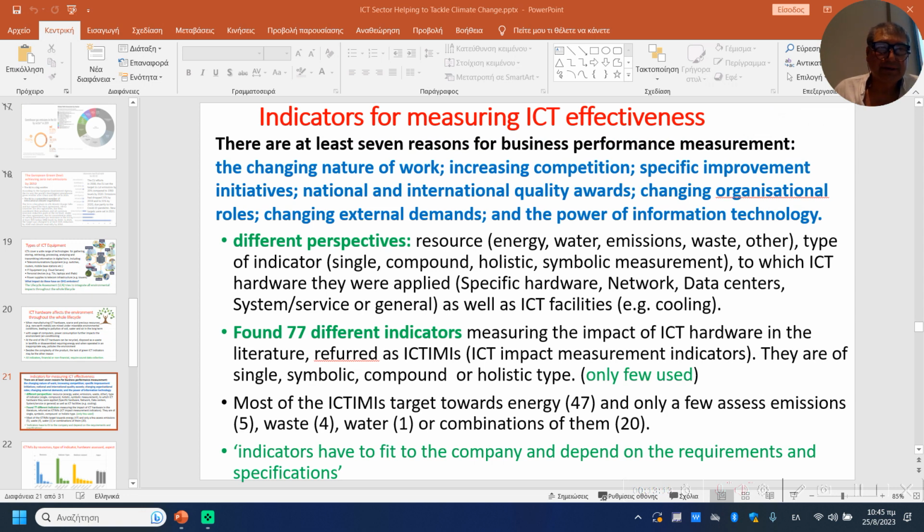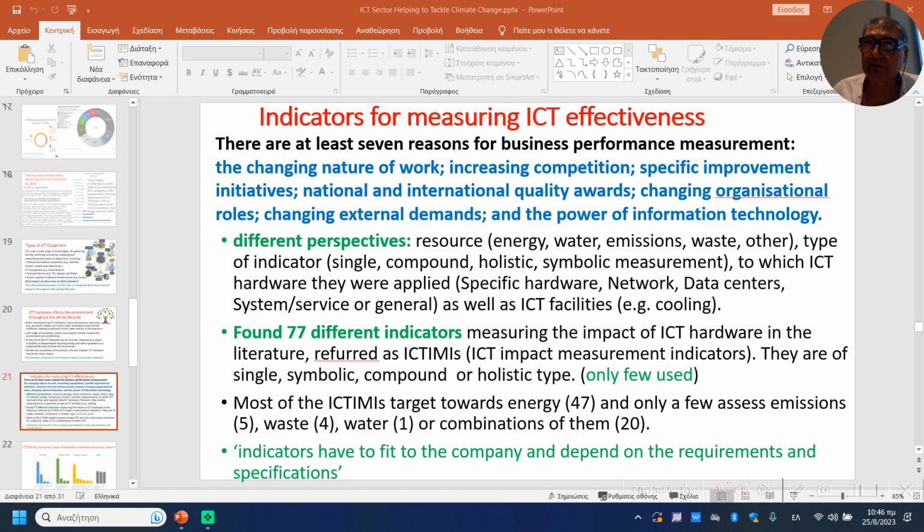How to measure it? This is a very important part. This is the third part, the measurement. The measurement comes from indicators of ICT effectiveness. There are at least 7 reasons for business performance measurements. I will not read them. We have different perspectives: resource, energy, water, emissions, waste, other. This is one type of measurement. All the measurements I found in the literature are about 77